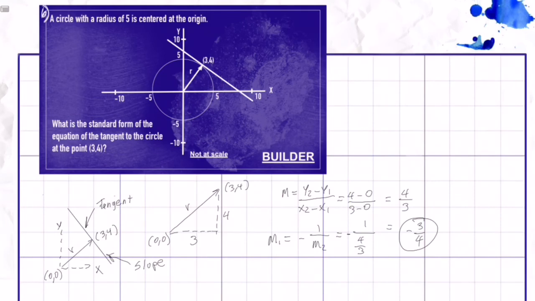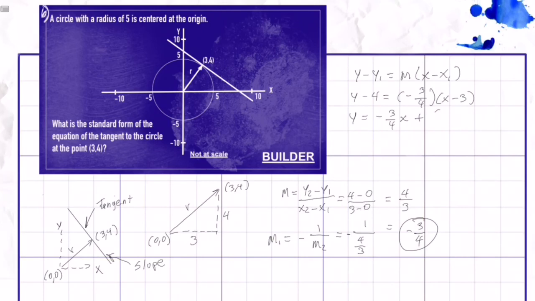Now we can find the equation of the line with the point slope form: y minus y1 equals m multiplied by x minus x1. y minus 4 equals minus 3/4 multiplied by x minus 3. So we solve this. y equals minus 3/4